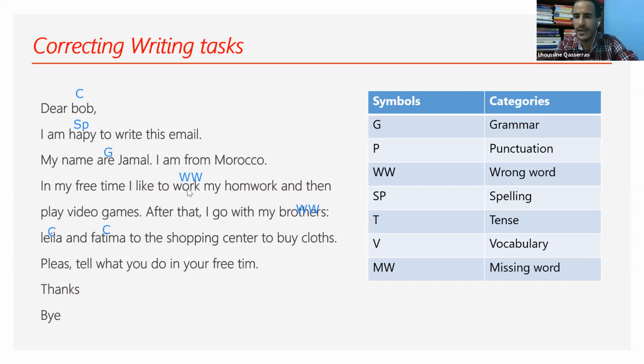By the way, look here. There is no perfect symbol. It depends on you. You can design your own ways. You see my point? So there is no perfect way. Good. Muhari said, I think work my homework is collocation. But with beginners, they don't know collocation. So let's avoid terminology like these words. Collocation may be difficult for them to grasp.